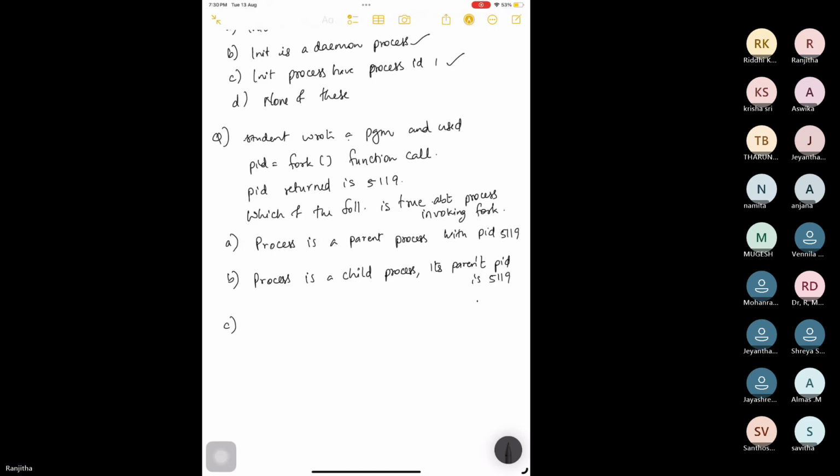C: Process is a parent. Its child PID is 5119. D: Process is a child process. Yeah, so